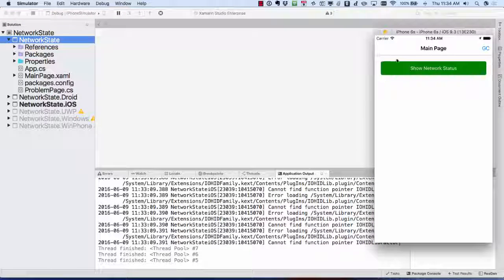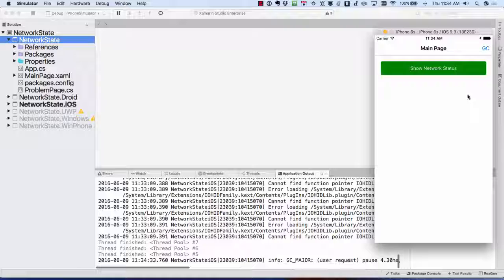The key thing with this is each time I go back, we're back on the main page, and then I can come back to my problem page and back, show network status, back, show network status, back. And the goal is to actually clean up that second page every single time. And so I've got a little button here, GC, because again, GCs don't happen all the time in iOS, but I can click this and I can force a GC, and you can see that I've got my debug log